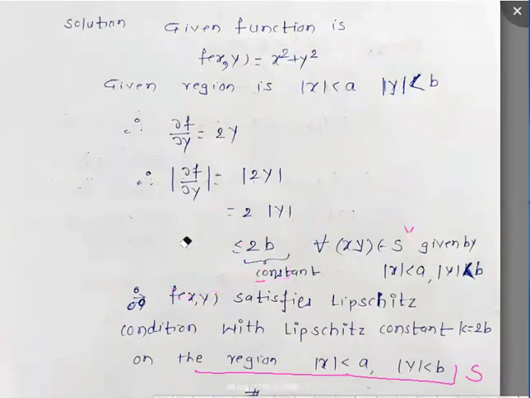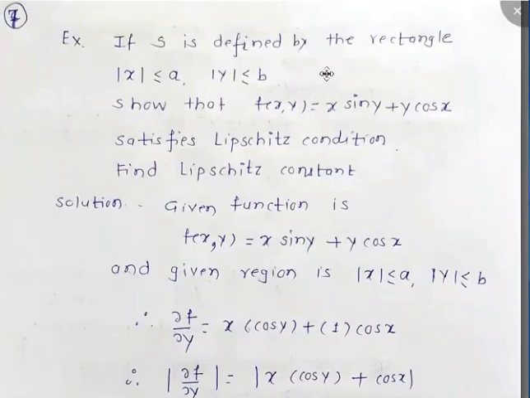So this function satisfies Lipschitz condition. What is the Lipschitz constant? Twice b is the Lipschitz constant. Next example,